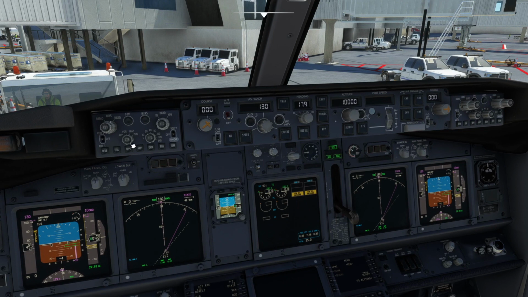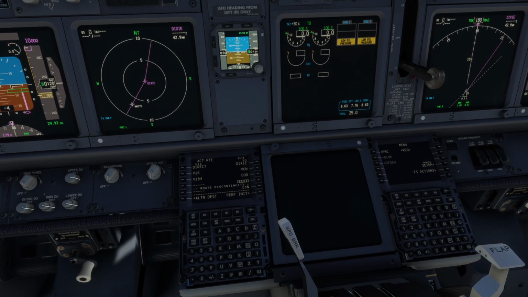We can now perform a route verification, checking the legs against charts and the flight plan, and ensuring there are no discontinuities. We carefully look through what we've entered, the airport codes, the departure runway, and the route that we built. With the navigation display in plan mode, we can use the step function on the control display unit to check each leg.